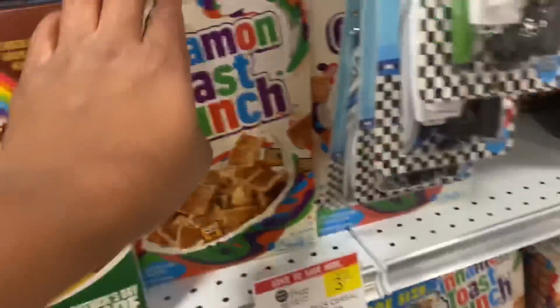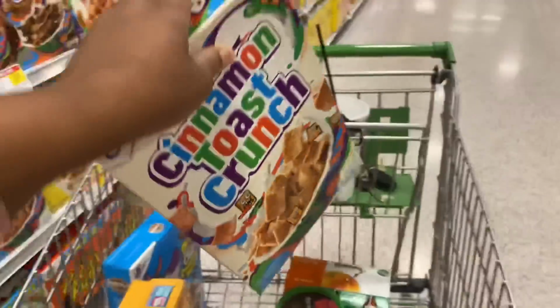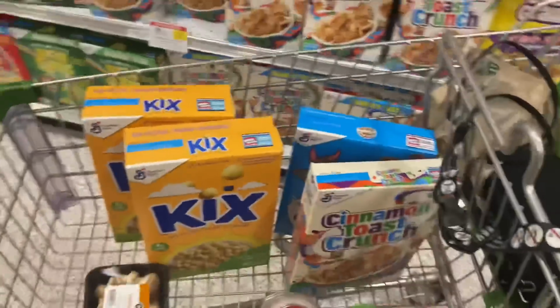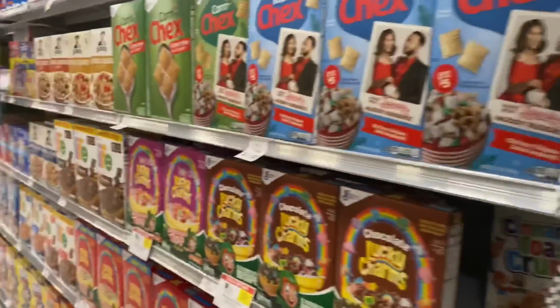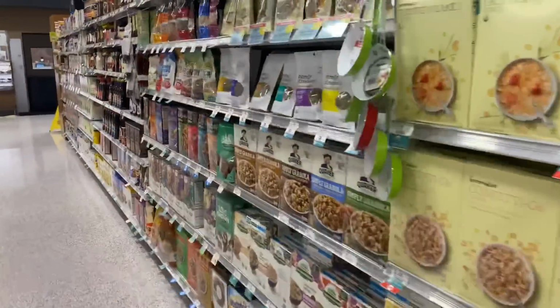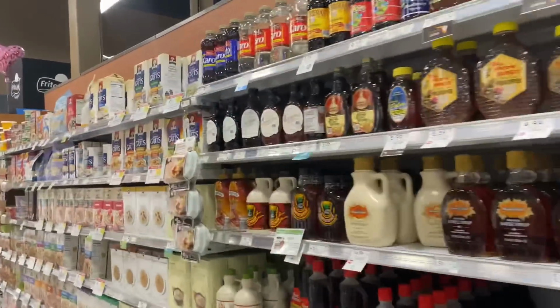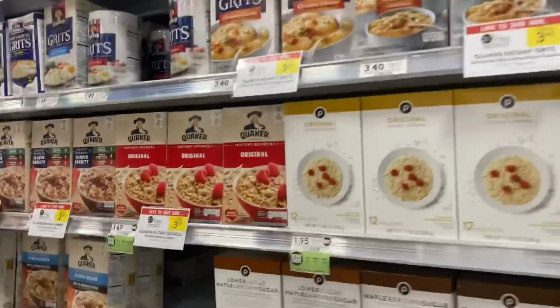We want to get this size. $3.89. So those are free. Now I got 4 more boxes of stuff I can get. So with that, I'm going to take advantage. If I stick at 12 ounces, we're going to take advantage of the oatmeals. I'm kind of nervous when I buy the oatmeals and stuff because they're 12 ounces,